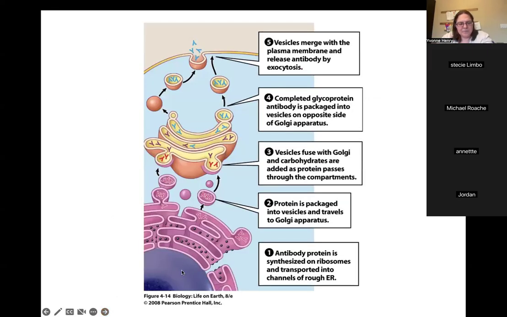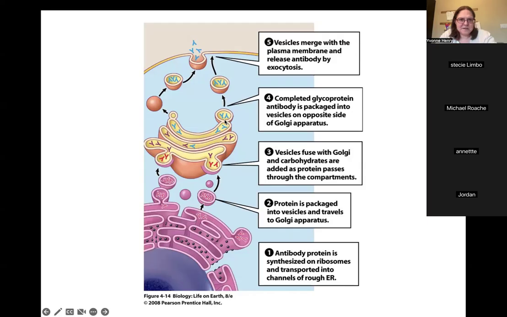We have our nucleus at the bottom left. We are going to take RNA from the nucleus. We're going to give it to the ribosomes here on the rough endoplasmic reticulum. It's going to build the amino acids by putting one after the other into the long chain of amino acids. That's what these red Ys are. They are going to be packaged in a vesicle here off of the smooth endoplasmic reticulum. It's going to travel up to the Golgi apparatus and bond there. The membranes are going to fuse together. And then it's going to be manipulated and altered within the Golgi apparatus, and that's why the color is changing here. So here we have a finalized